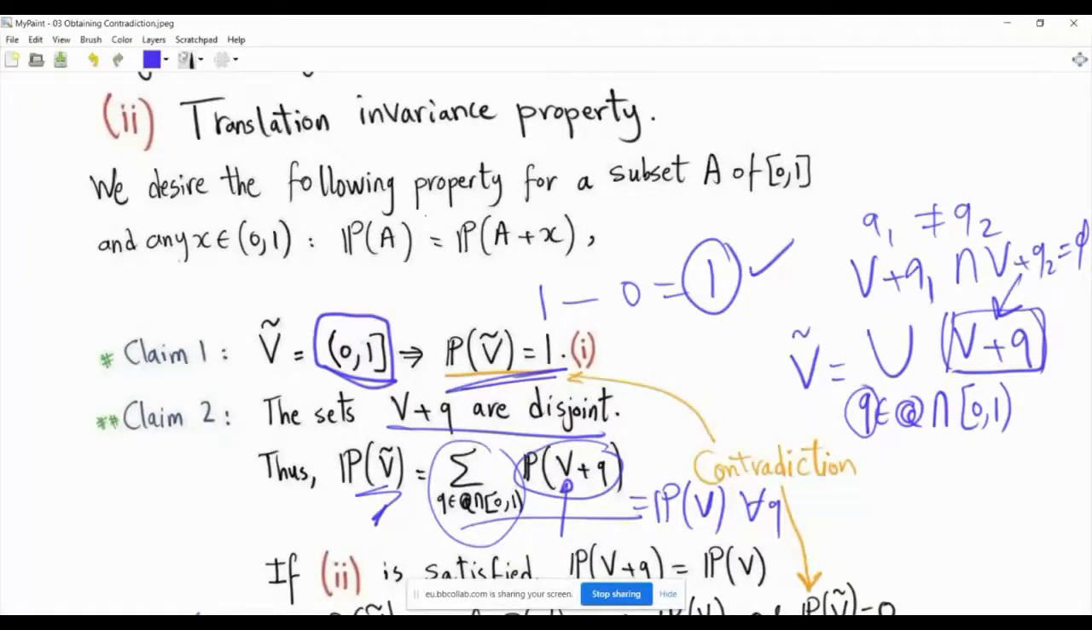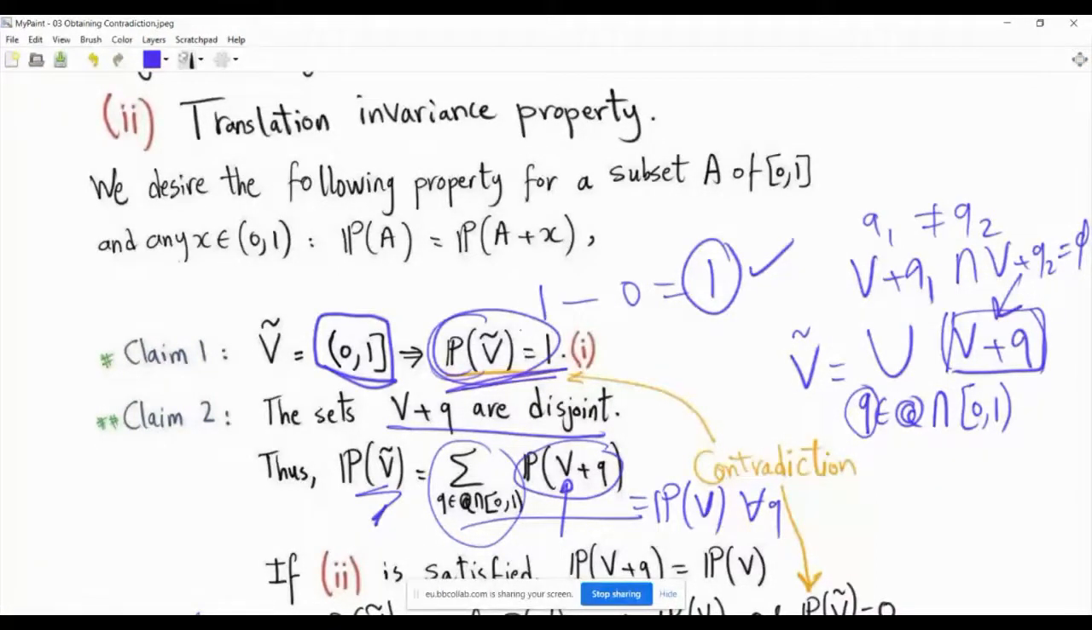And so if we want translation invariance, then basically all of those guys will have the same probability. Then regarding V, you can assign a positive probability, but this will make the probability of V tilde infinity. So this is something that is not accepted. And so we assign a probability 0 to V, and in that case, the probability of V tilde will be something that makes sense. It is 0, which is a valid probability, but it contradicts the fact that V tilde will